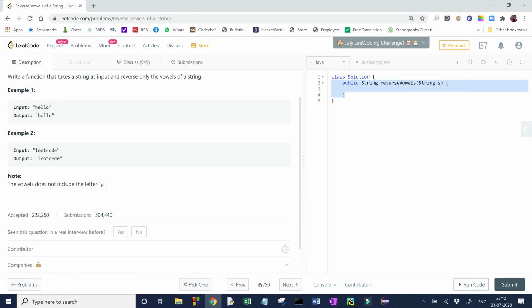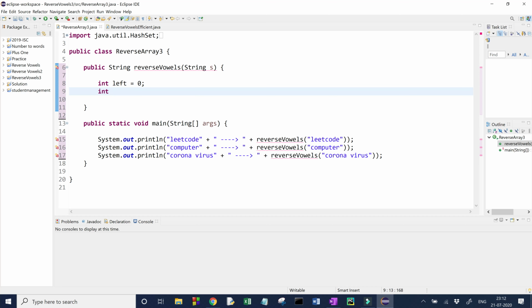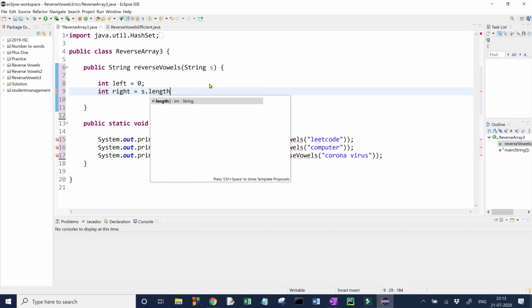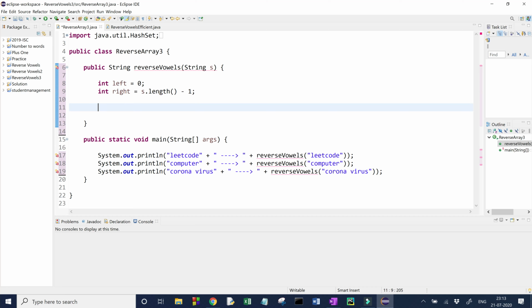So let us first code it in Eclipse. This is our main function, reverse vowels. First of all, I have to take two variables, one is left, one is right. Right I have to initialize with length - 1. Both of these we have got.